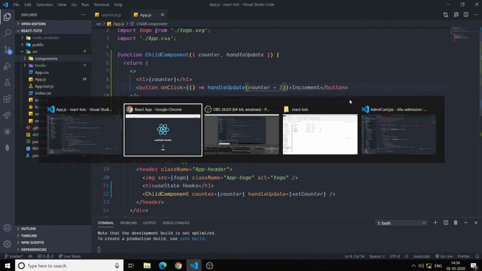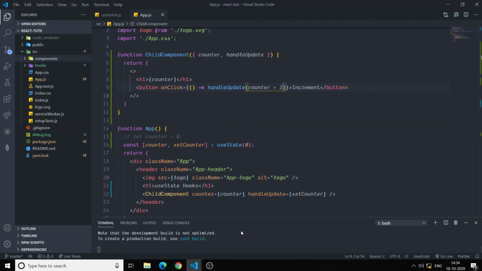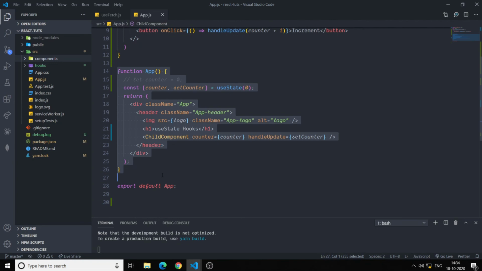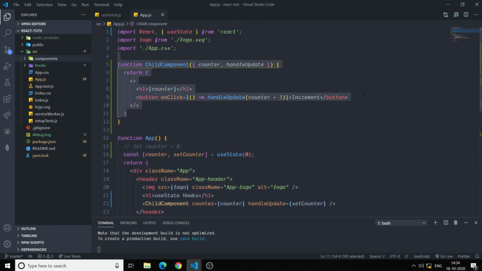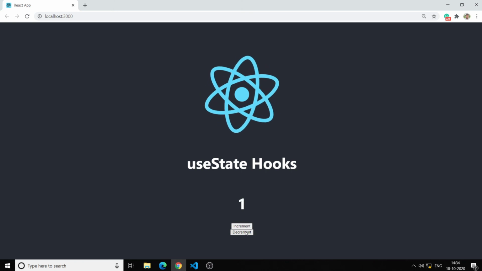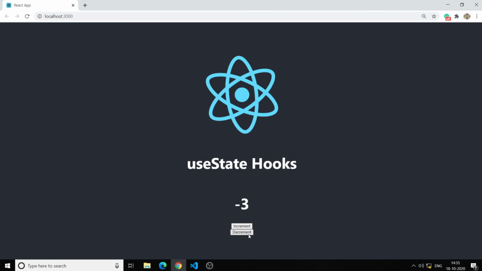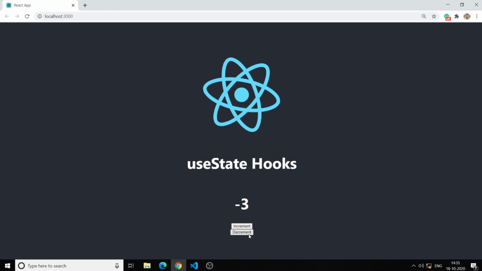By doing that, we can see that our app works similarly, but we can now add much more functionality because we have seen how we can change the state that is in the main app component from inside another child component. So I can also simply add a decrement button. If I click increment and decrement, you can see it works similarly. This is how easily we can add state and update our React component accordingly using the useState hook of React. So thank you.